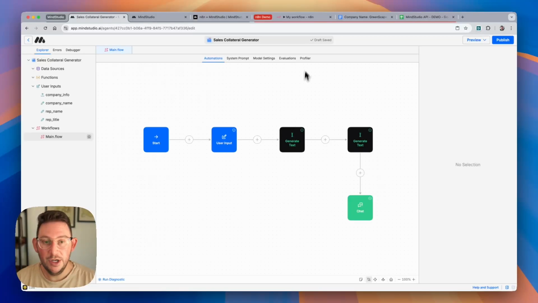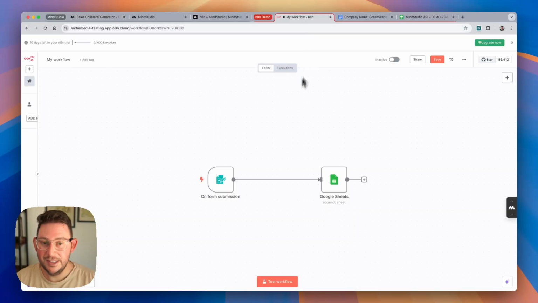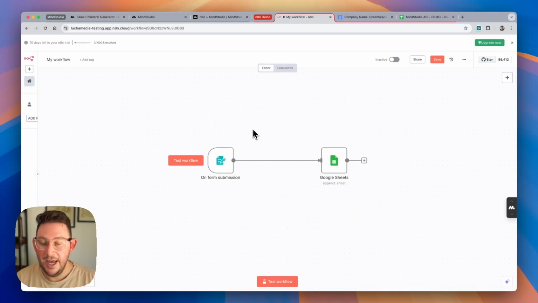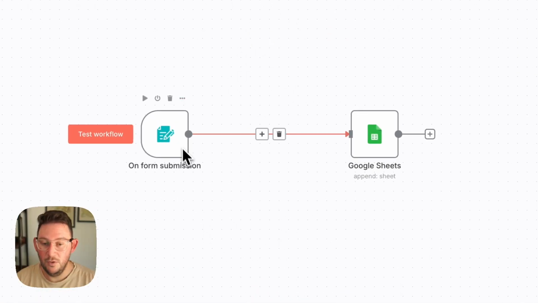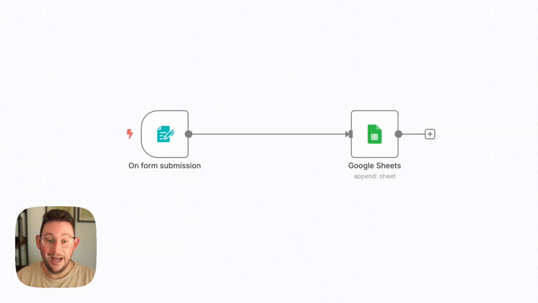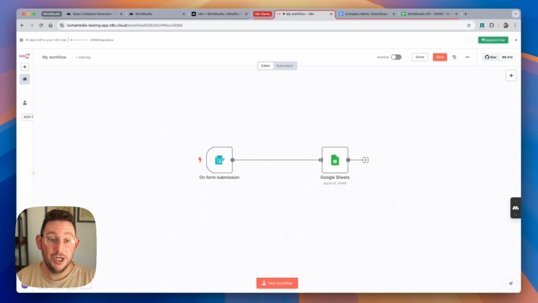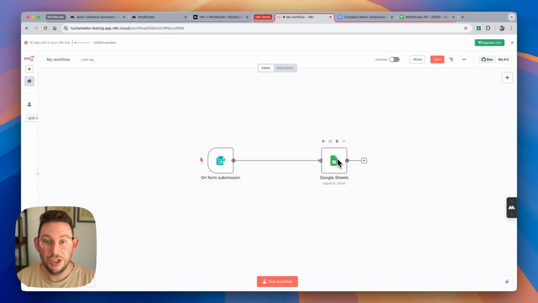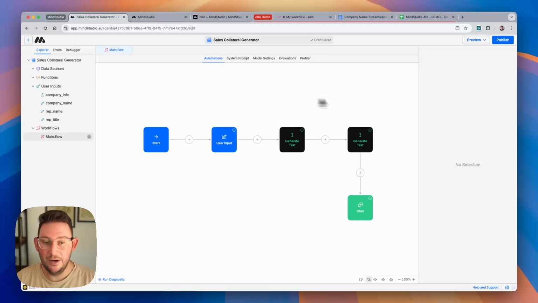So the first thing we're going to do is look at our workflow inside of n8n. I have a new client intake form that I've created within n8n, and then I'd like to have some sort of AI processing in between so that we can generate an outreach email for this new prospective client. I then want to add all of the form submission information as well as the new AI generated message into our Google Sheet. So looking at our workflow, I have this sales collateral generator workflow that I built specifically for